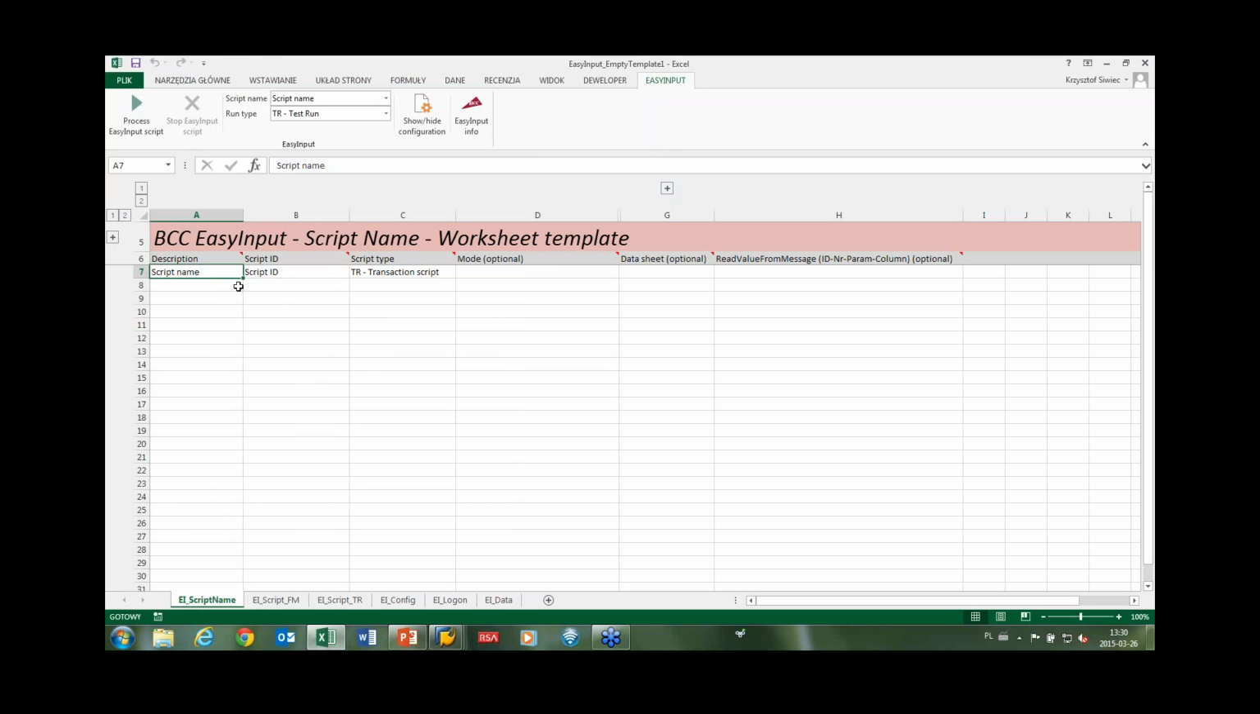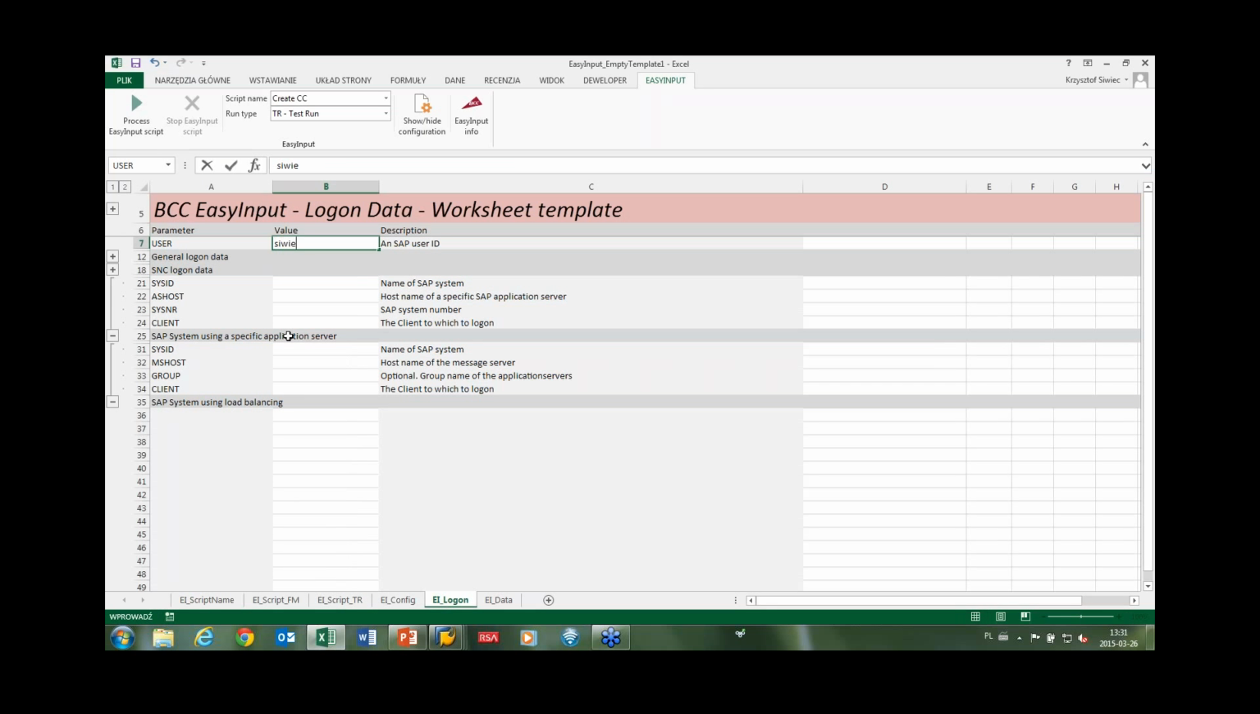So I return to Excel. I'll create a new script. I'll give it a name, create cost center. As a script ID, I'll just give the transaction name. It's a transaction script, so I don't have to change anything here. I'll go to logon screen to give my logon credentials